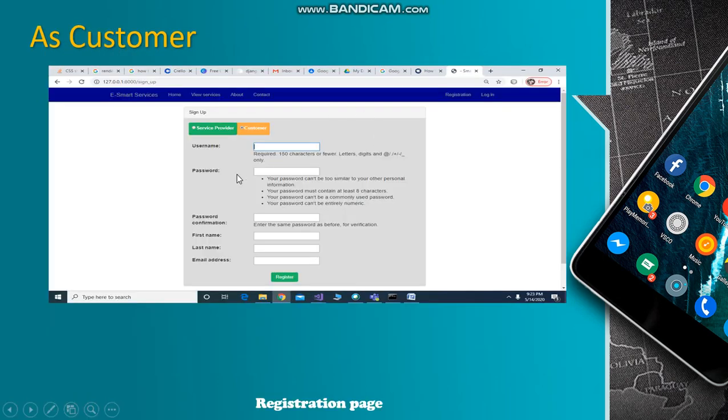As the user logs into the page, he will get a sign up page. He has to register on this page as a service provider or as a customer, with the username which he gives in the login. During the login, the password which he has to create according to the given rule, the password again for confirmation, the first name, last name and the email address. Then he has to register. As he registers as a customer,